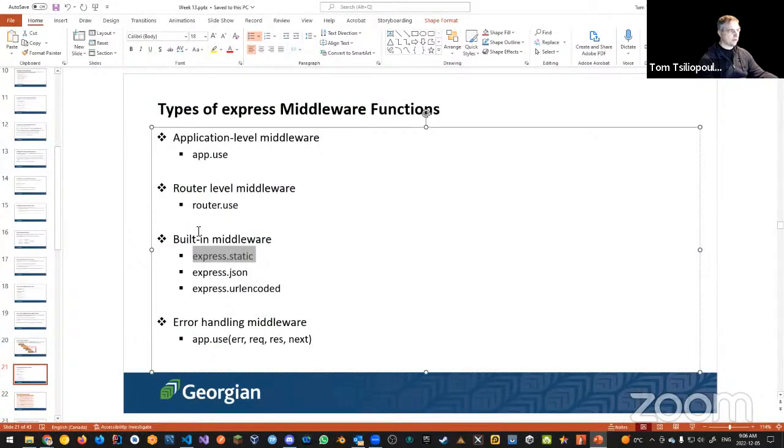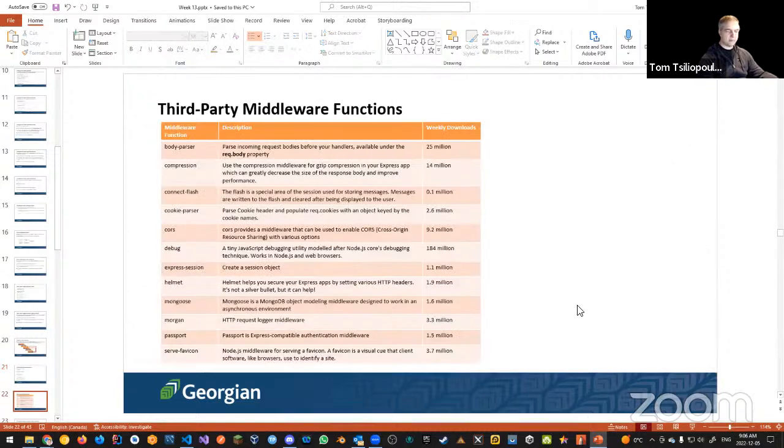So there's also some other middleware, Express JSON, Express URL encode. There's also error handling middleware as well. And there are some very popular middleware functions out there that you can add in. Things like what we're going to see in our Express generator: body parser, compression. Body parser gets 25 million weekly downloads on average. It parses incoming request bodies before you do anything with it, and it's really good at sanitizing our requests more than anything else.